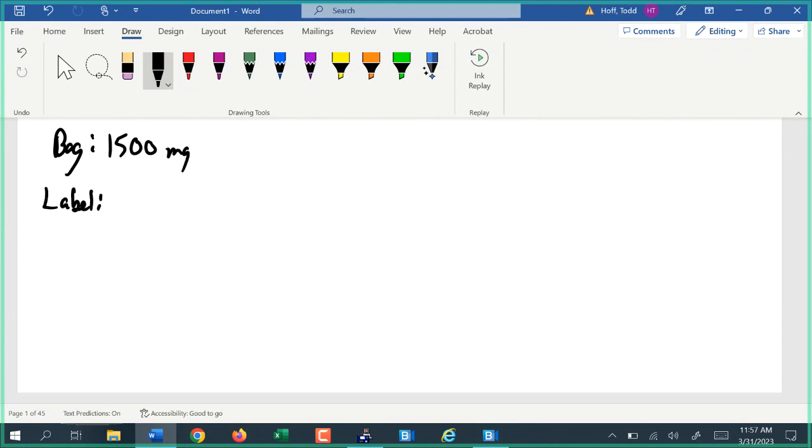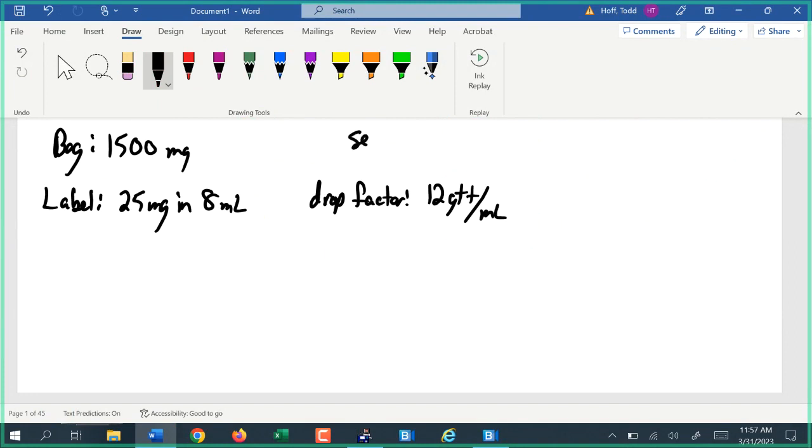The label on that bag is going to tell us it's constituted at 25 milligrams in 8 milliliters with a drop factor of 12 drops per milliliter. And our setting on the infuser, the flow rate, is set at 24